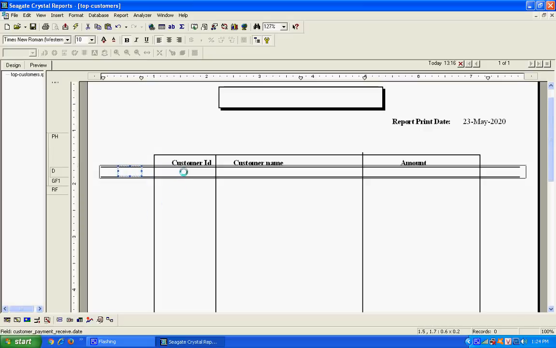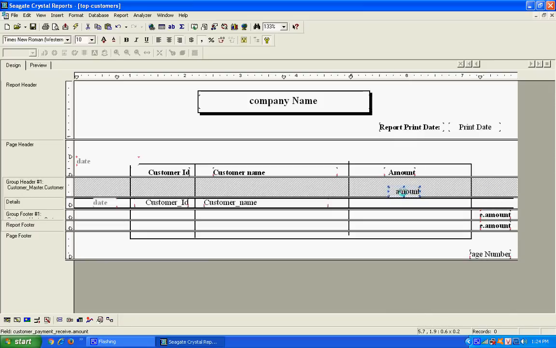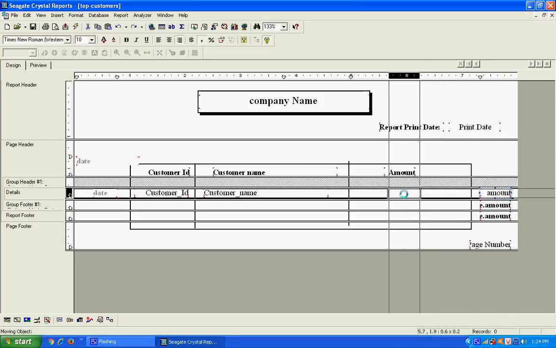Okay, what is the customer ID? Okay, I need customer ID. Where is the customer name? What is customer name? In the design view you can see everything, and the amount. Oh sorry, you can add the amount.